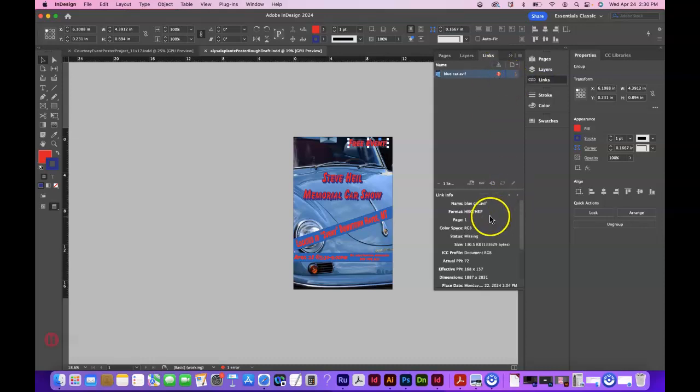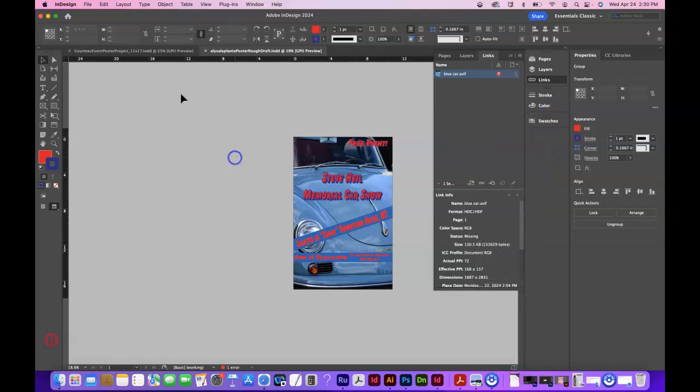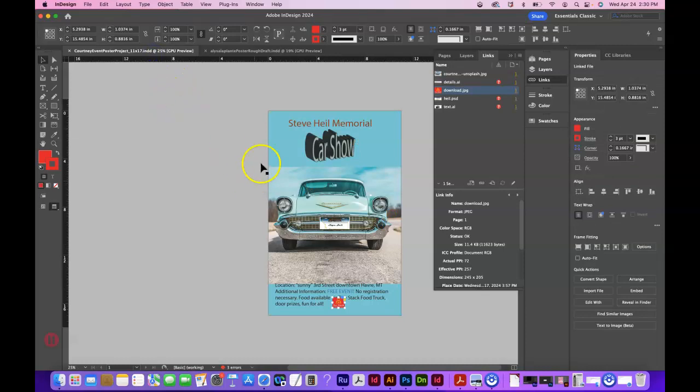I'm missing your blue car AVIF file. It's kind of a weird file extension. If I look at it in the links panel, it's missing. Actually, if I look at what I downloaded, it's not a packaged folder. So this is a different one. It's a rough draft, obviously, but with Courtney's, she's missing some of her, but as we can see in here, we can see,